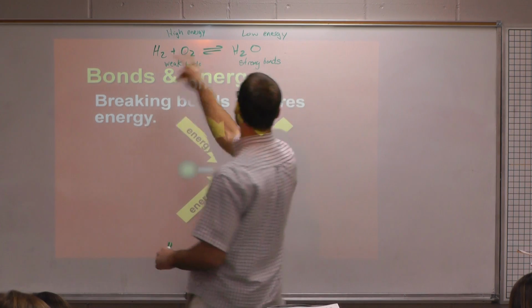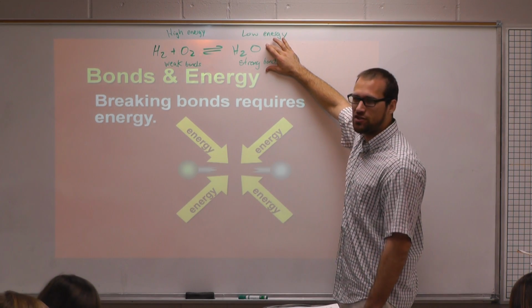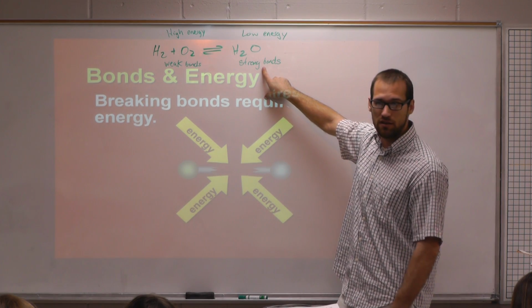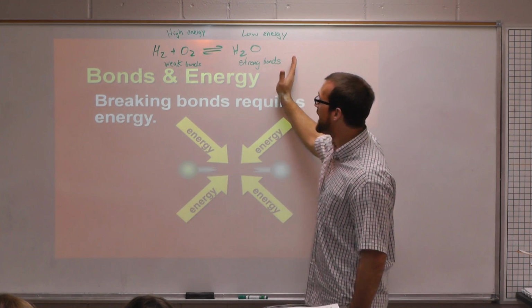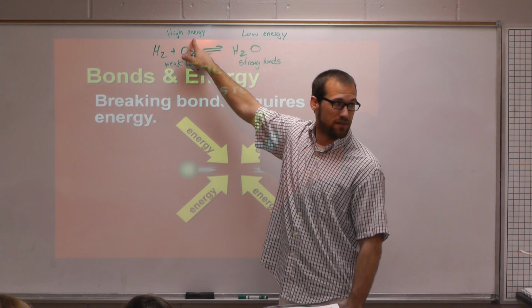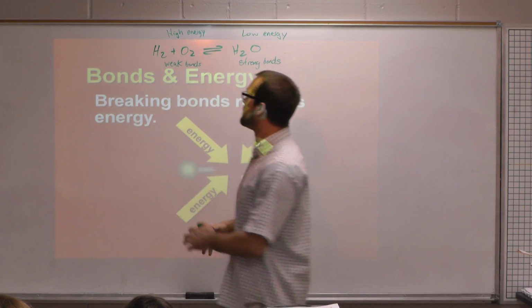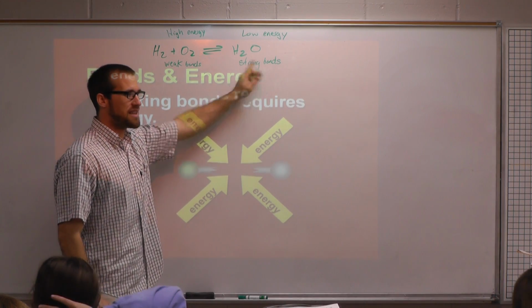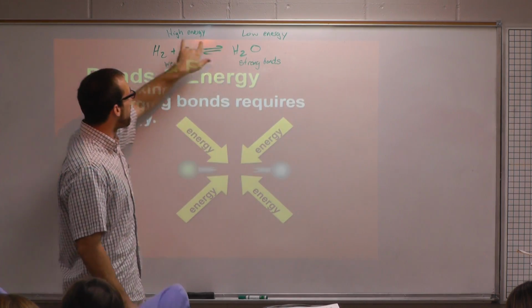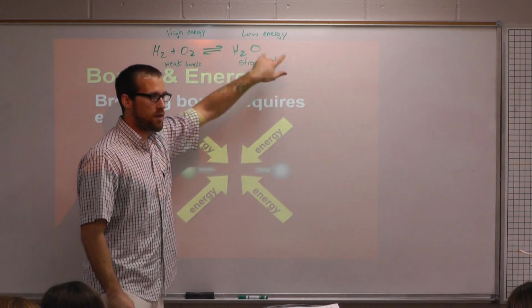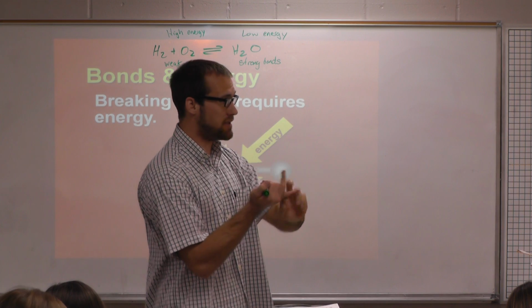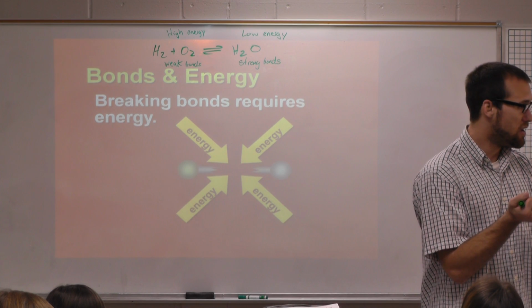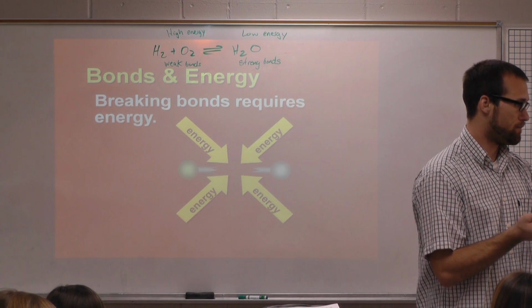So let's say I'm going in reverse. Let's say I'm going from low energy strong bonds. Okay? Would it take a lot of energy to break the bonds or a little bit of energy? A lot of energy. So I'd be putting a lot of energy in to get from low energy to high energy. Going the opposite, it doesn't take a lot of energy to break weak bonds, and the formation of strong bonds gives off a lot of energy. And that's why we go from high energy to low energy. Okay? Every chemical reaction involves breaking bonds and forming bonds. Everybody hear me? Every single chemical reaction. There will be bonds broken, the atoms will rearrange, and bonds will form.